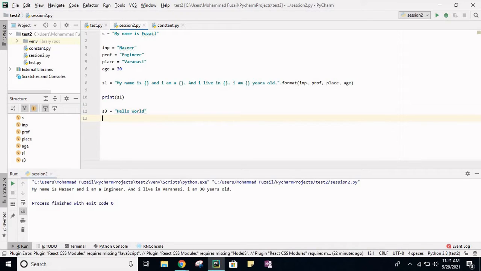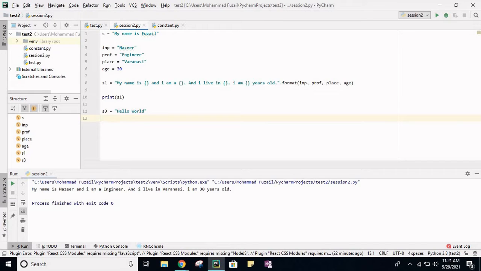Whatever data type has this functionality and can be iterated upon is called an iterable. Iterables are those data types whose elements can be fetched one by one.